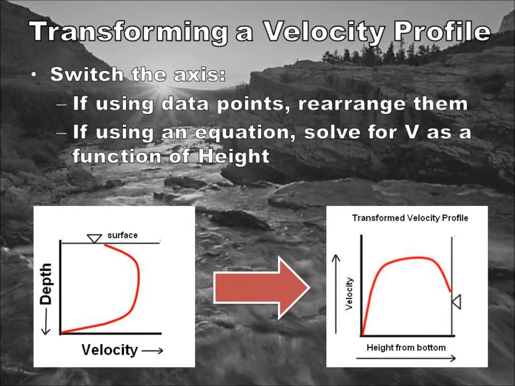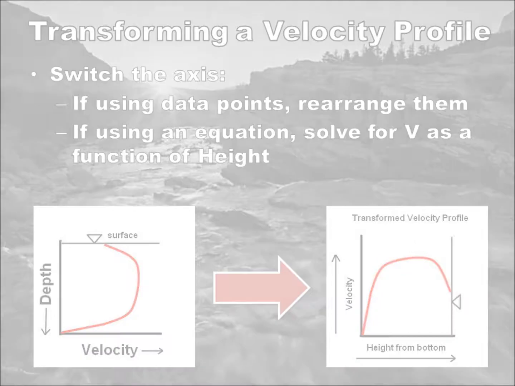Transforming the velocity profile into something we can use, like a function, is simple enough. If we are using data points, simply switch the data so that the depth is on the x-axis and the velocity is on the y-axis. If we're using a best fit function, we can solve for v as a function of depth. To change depth to height from bottom, just subtract the total depth from the depth at any given point and